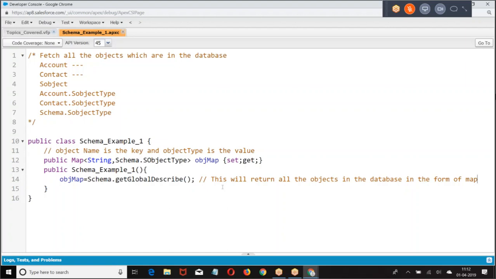When I say Schema.getGlobalDescribe, it will give you all the objects in the database in the form of a map.